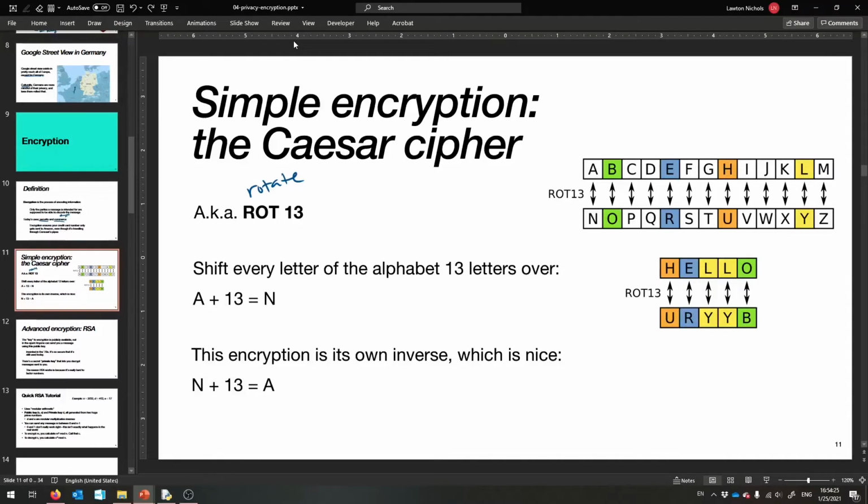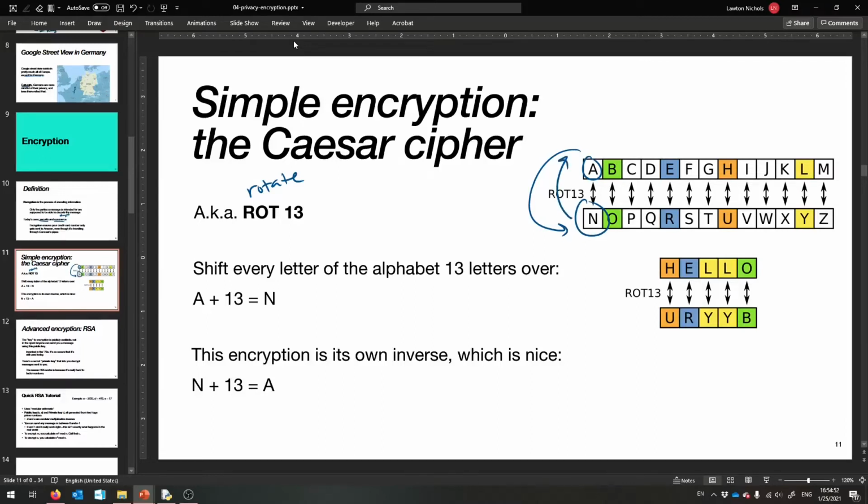You just take a letter, like A, and you shift it 13 letters through the alphabet. So A becomes N, and B becomes O. That's 13 letters later, yeah? So that's the idea. So A plus 13, that's N. And the reason people like the 13 is that the encryption is its own inverse, because